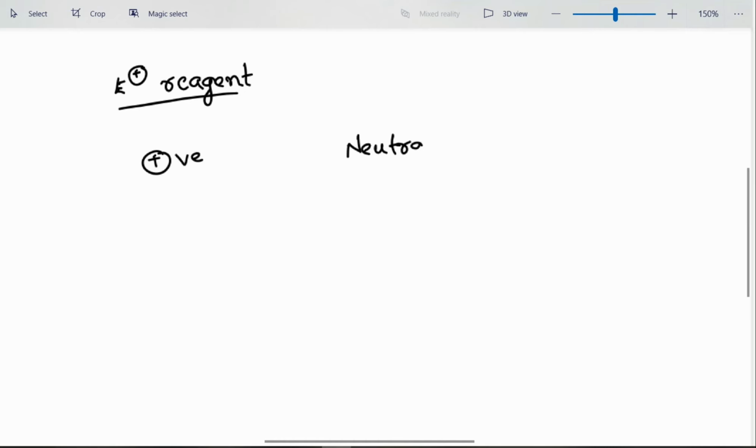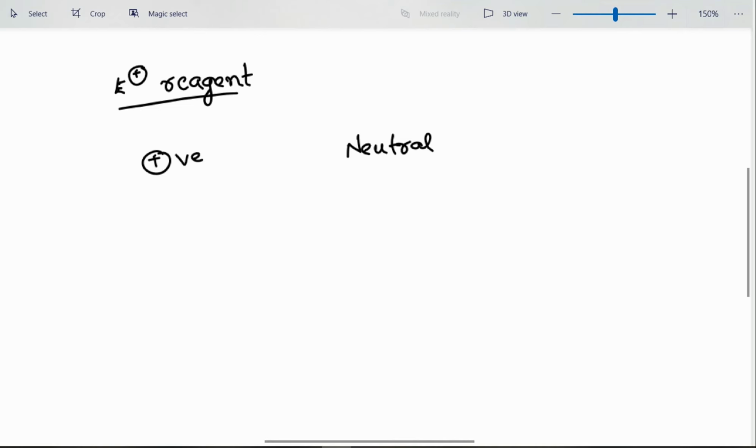We know positively charged species are attacked by the anion present in the substrate itself. But in the case of neutral electrophilic reagents, what happens is